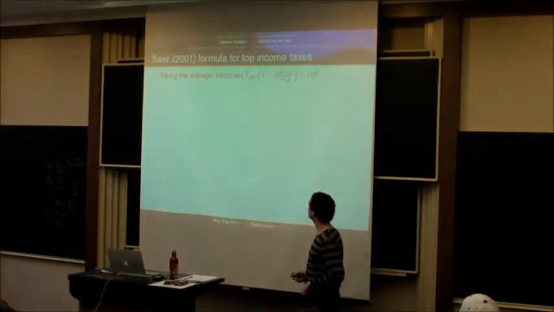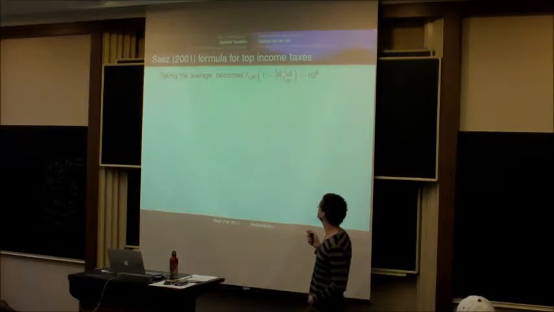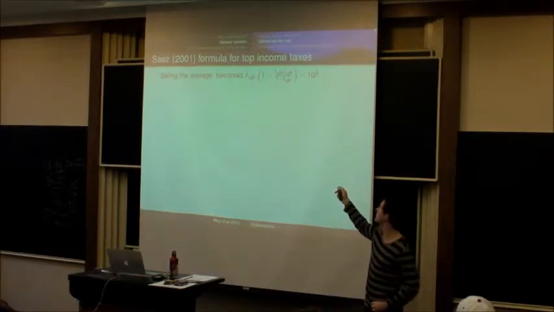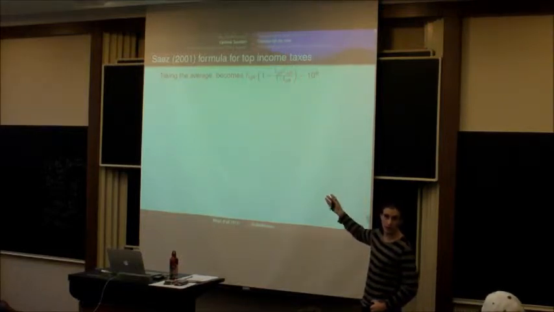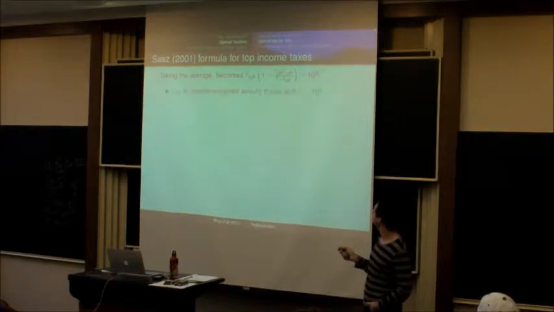Okay. And Saez 2001 develops a very simple formula for dealing with this. So he says, if we average over the population, this should become the average income of people earning over $1 million. And this should become the income-weighted average elasticity of people earning over $1 million. So here's a different average elasticity. Rather than E bar, this is E bar sub 10 to the 6th, which is the average elasticity weighted by income of people earning over $1 million. Right? And so we get this formula,